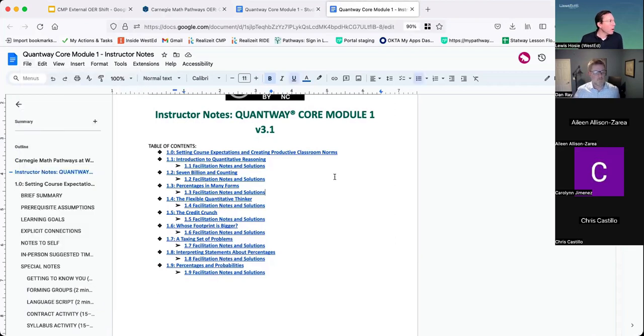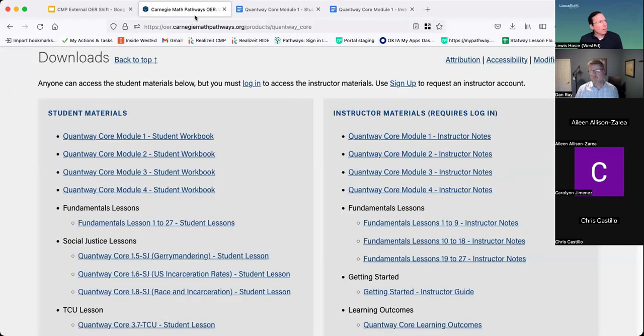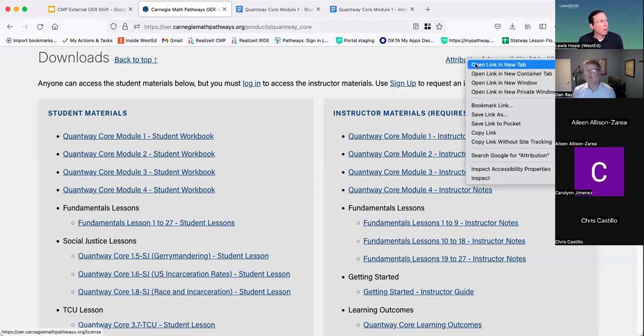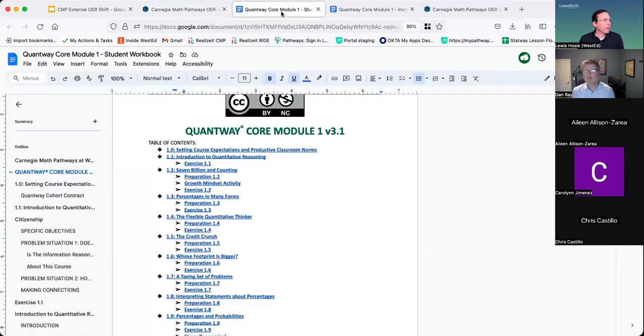A couple of things I will call out here, and there may be varying knowledge about these types of things already, but I'll do my best to make sure we're all aware of these things. Navigating back to the downloads area, some of you may have noticed a few links at the top right of this area. One being attribution, an aspect of